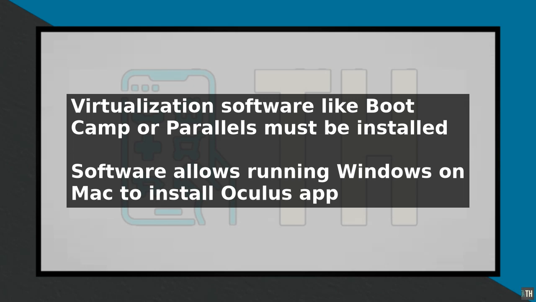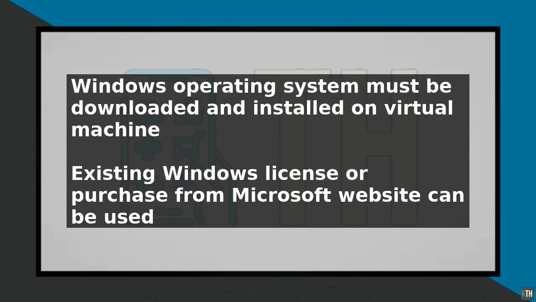Once you have installed the virtualization software, you will need to download the Windows operating system and install it on your virtual machine. You can purchase a copy of Windows from the Microsoft website or use an existing license. After installing Windows, you can download the Oculus app from the Oculus website. Simply click on the download link, save the file to your desktop, and follow the installation prompts to install the